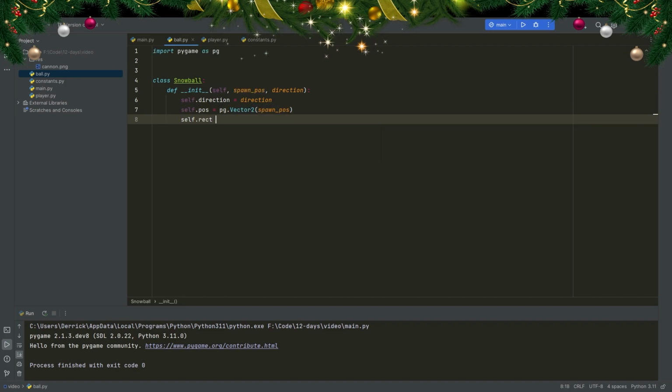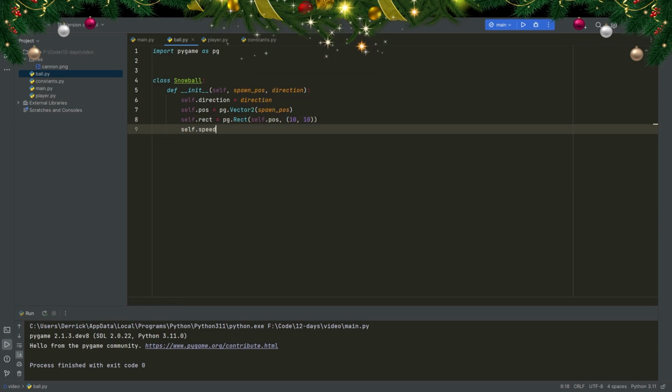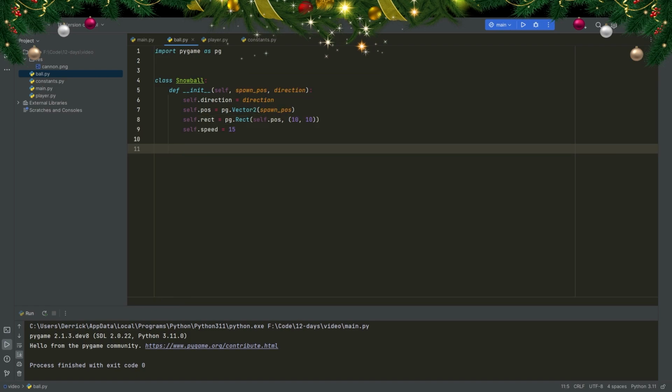And my rect will be a Pygame rect at my position at the size of 10 by 10. And my snowball speed will be 15. Now to move the snowball from spawn position to the other side, I want to create a move method that